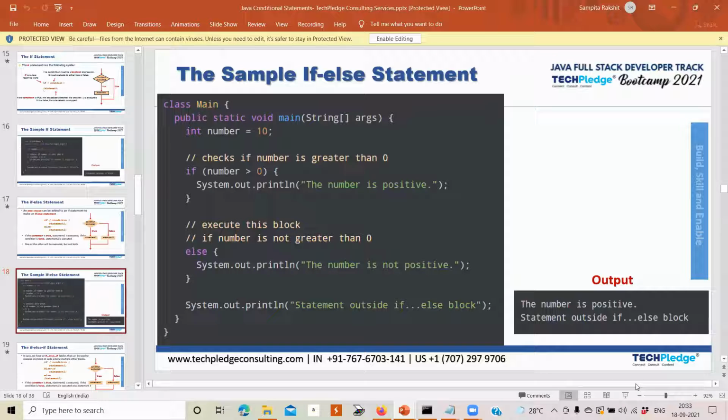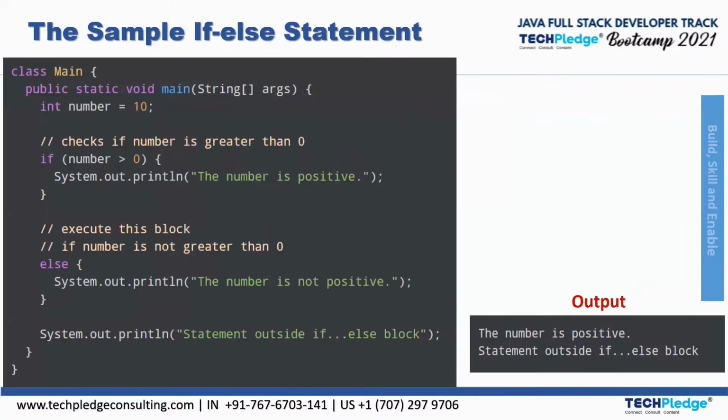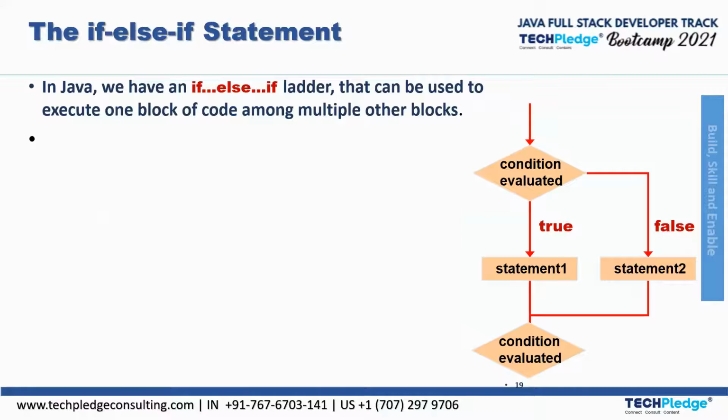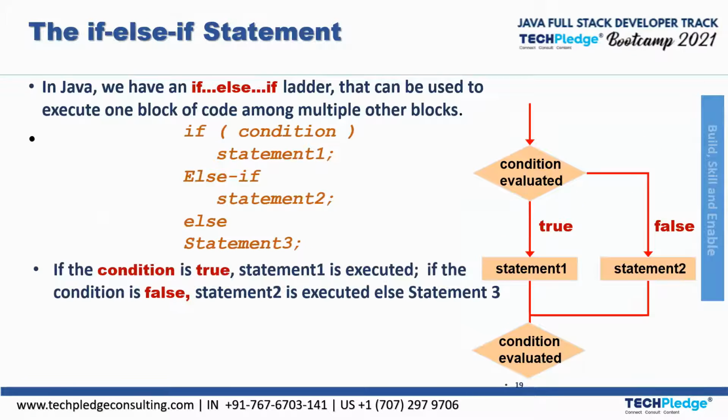Conditional statements. Okay. So similar to this, we have the if else if. This is another kind of statement. In this, there is a condition, and then there is an else if condition, in which there can be multiple statements. If the first condition is not satisfied when we check the output, it goes to the next statement. Again, if the next condition is not satisfied, then it will finally go to the else statement.